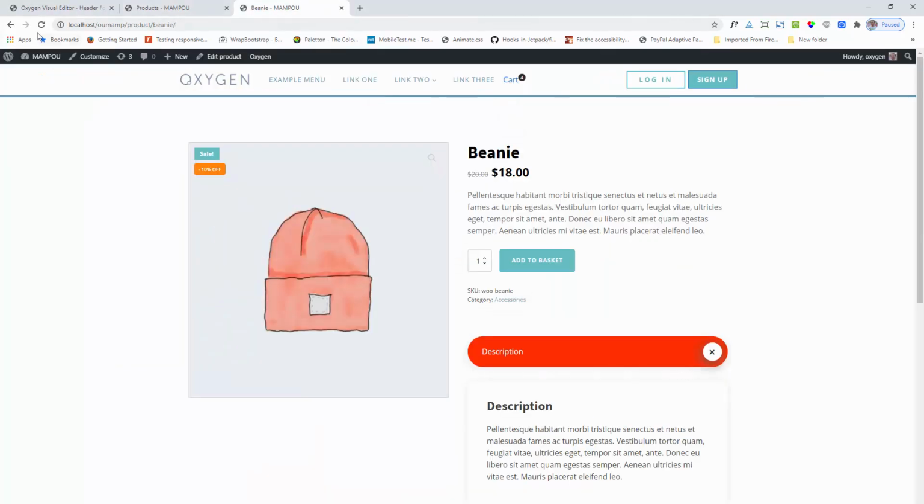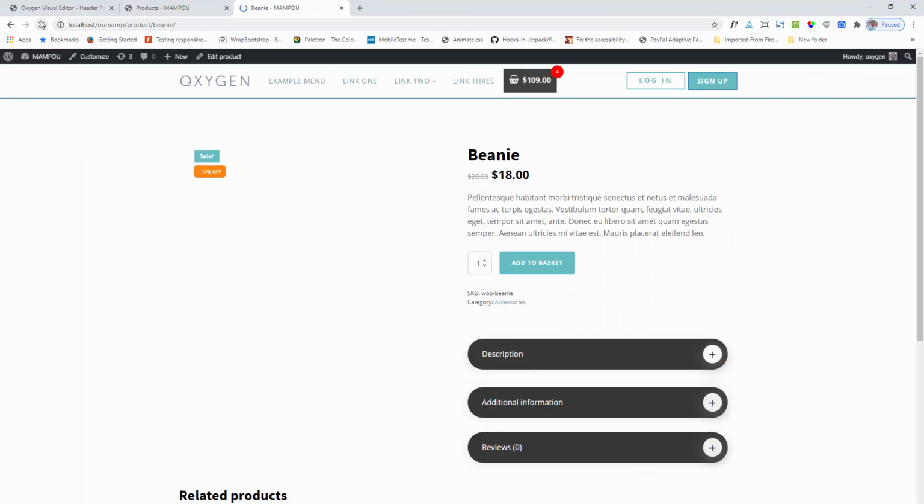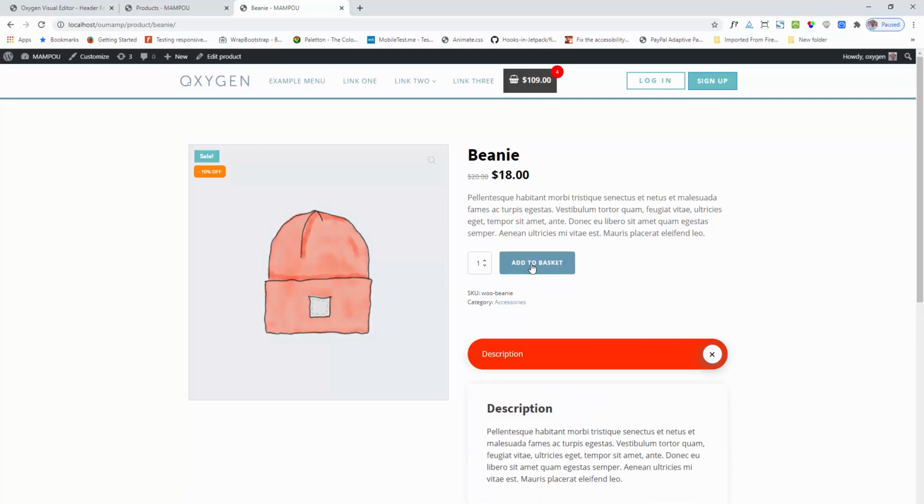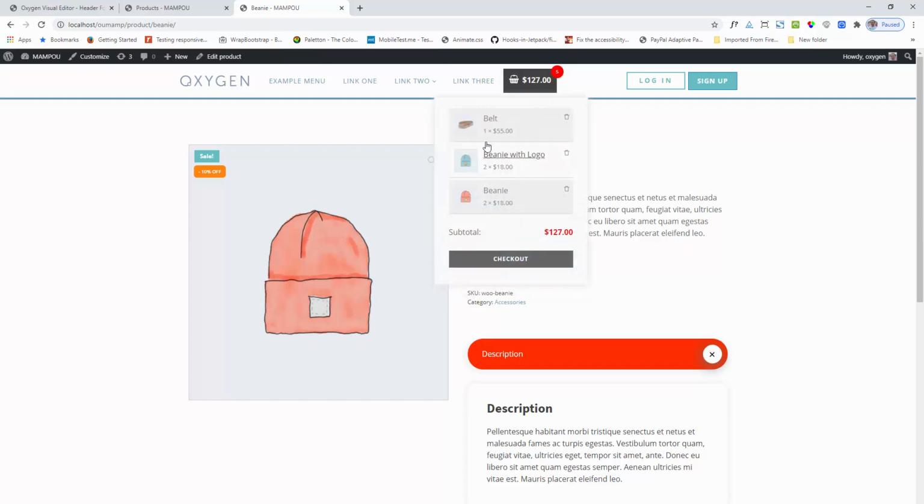I am checking. So I am adding. You can see that Ajax is working and the product is added to the cart. Here is the product. Quantity is changed to two.